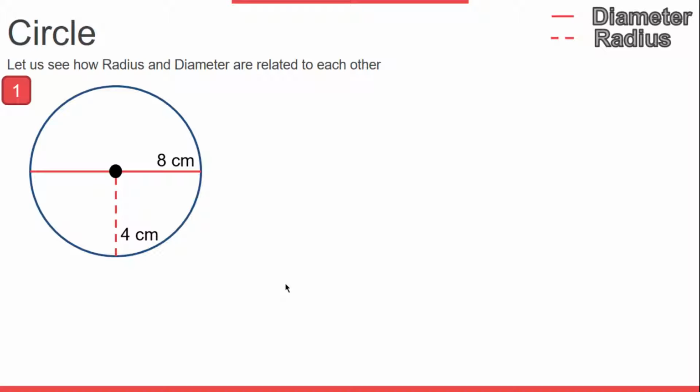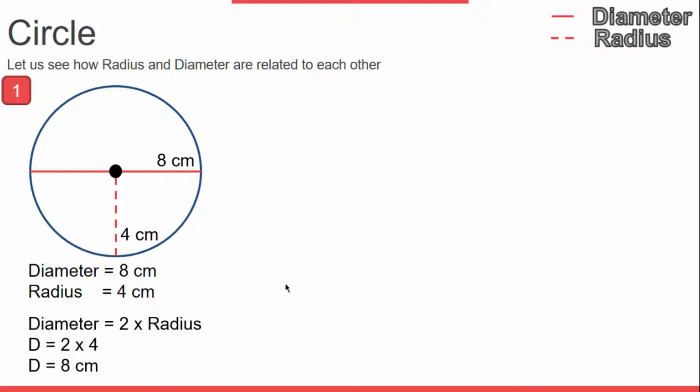Okay, so what happens next is I have my given information, and now I need to remember that the diameter equals 2 times the radius. Okay, what does this mean? That means that if I want to calculate the diameter, if the diameter was not given to me, if this 8 was not given to me, what I would do is take 2 and multiply it with my given radius.